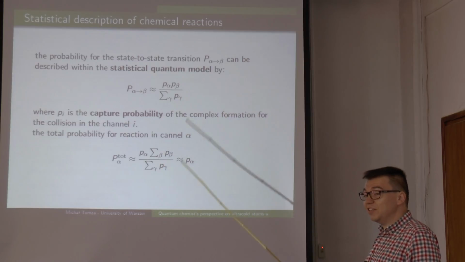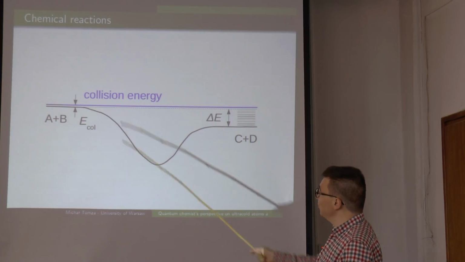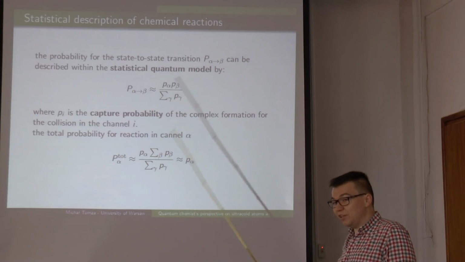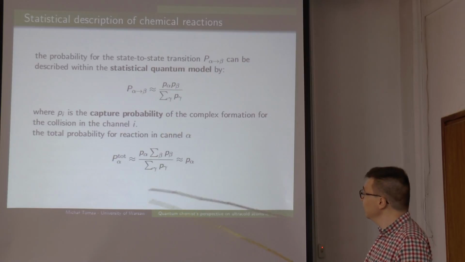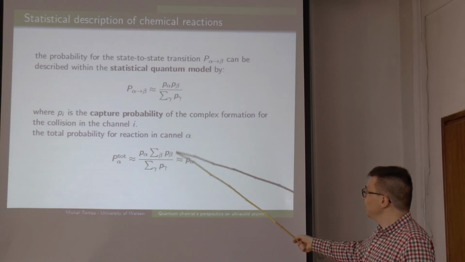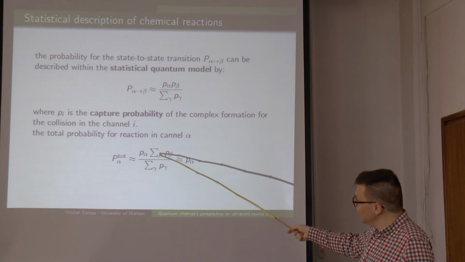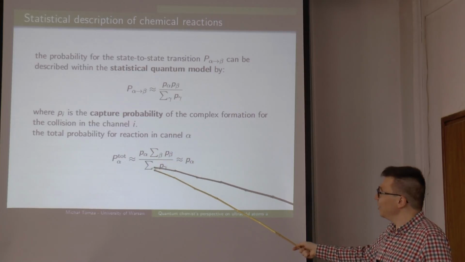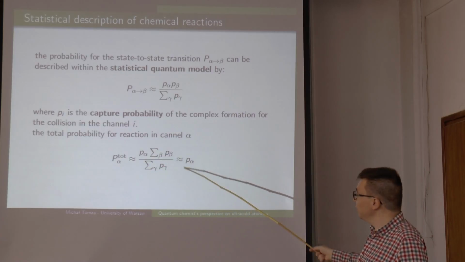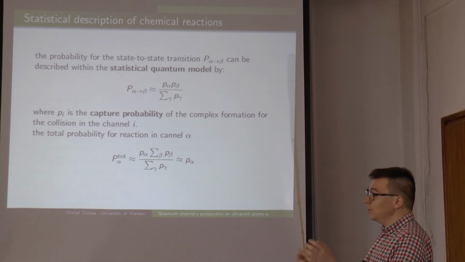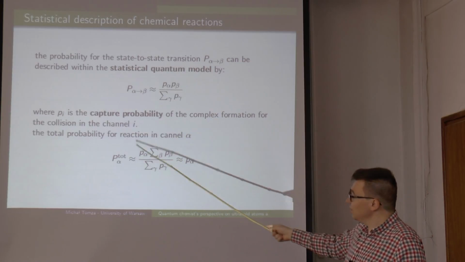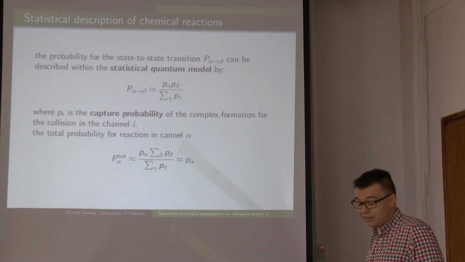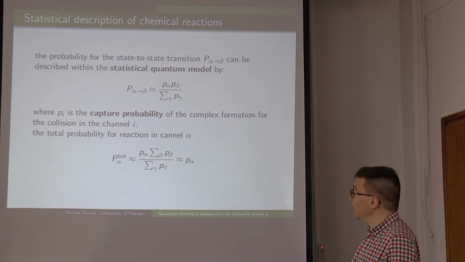But now, when we are in the ultracold regime, when we have only a single entrance channel and many exit channels, we can ask what is the total probability for the chemical reaction to happen. Once we make a sum over all possible product states, we see that this sum over beta is a sum over gamma without alpha. So in fact, the probability for the total reaction is simply proportional only to the probability of capturing the reactants. So we can see that in this very simple picture, we don't have any information when we look at the total rate of chemical reactions.